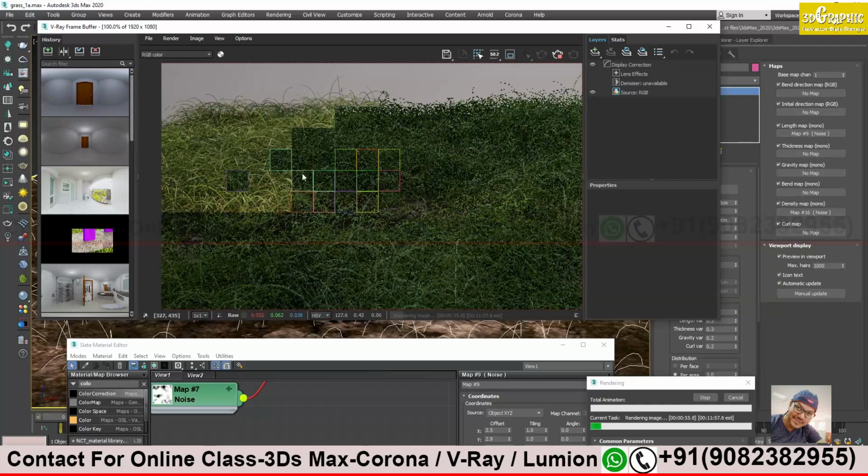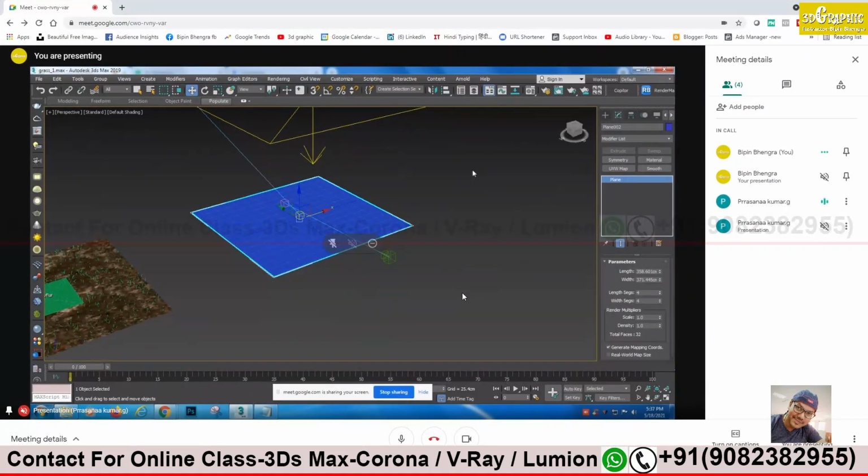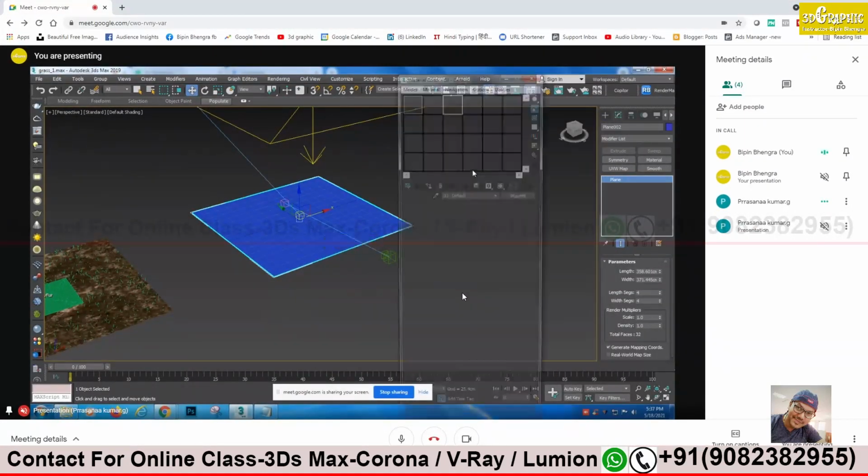I have to give a noise modifier, no, sir? First, no need of noise. First, make it on a plane. Okay, let me finish it. I'll get the textures now. Yes, get the textures.